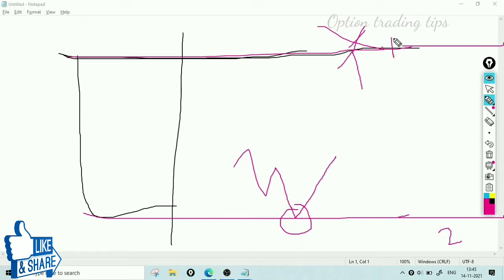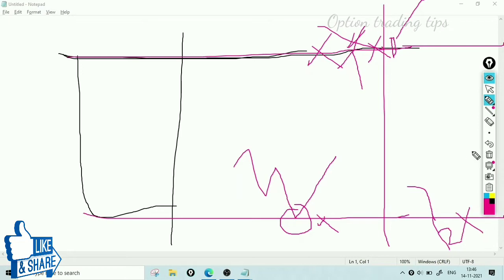I mark this line for the next day also. If the candle breaks in the next day and goes for a breakout, I remove this line at the end of the session. From the next day onwards, I do not treat it as support. When this candle is broken, this support is broken by the next day. At the end of the day, I remove this line also.